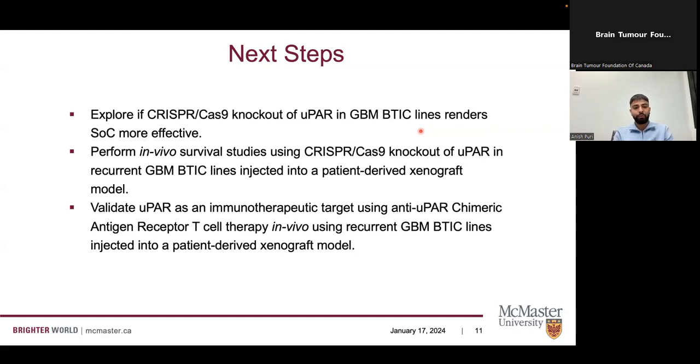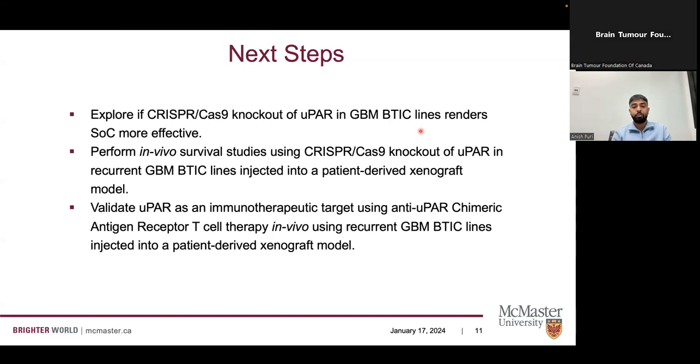Then we're going to perform in vivo survival studies using the CRISPR-Cas9 knockout of uPAR in recurrent GBM BTIC lines, where we see it's highly expressed, and we're going to inject it into a patient-derived xenograft model. The model we use is NSG mice, which are immunocompromised mice, to see whether there is a significant survival advantage of mice that don't have